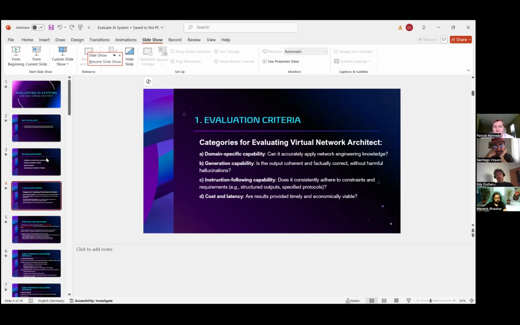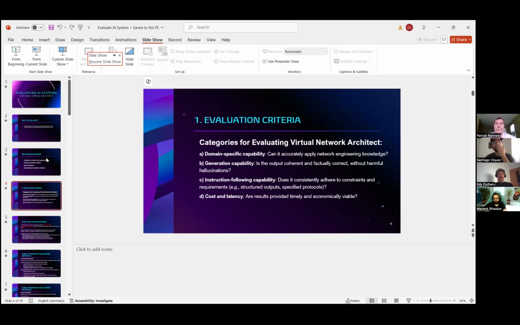And last but not least is cost, and of course performance, which is latency. I say it is the last one because usually developers, myself included, don't care about the cost in the first stages. But then when we go into production, we say, wow, it costs me a lot of money to pay for all these API calls, so it's not scalable, it's not financially feasible.